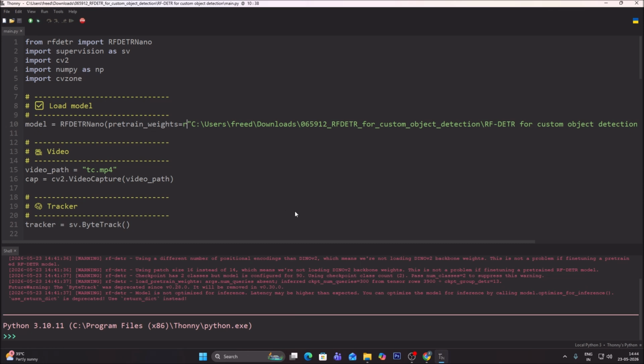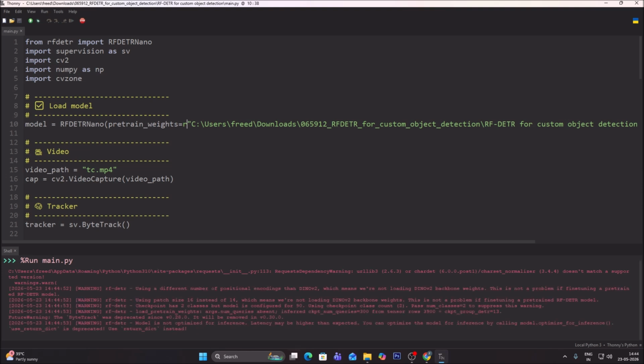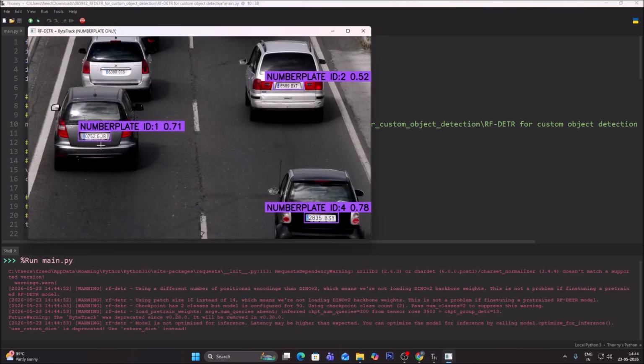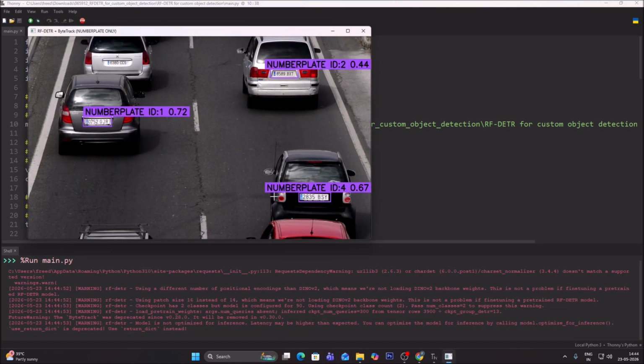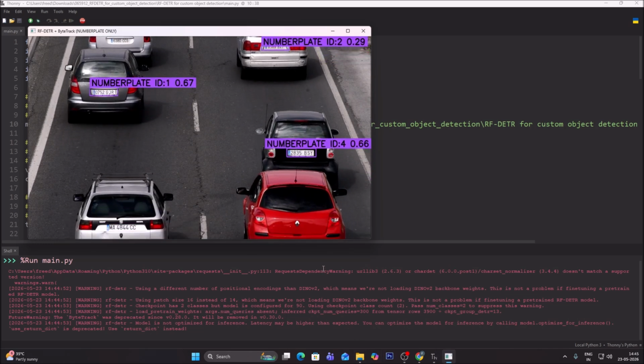We are done. We mentioned the path. We have our tracker. All the things are done. Now simply run the code. It will detect the number plate using our own custom model with RF-DETR. And as you can see, as I mentioned, number plate,